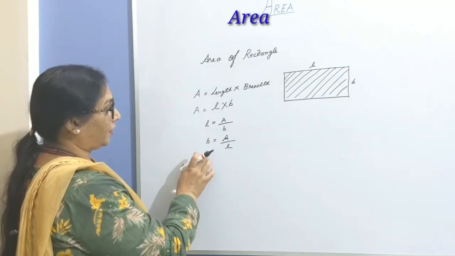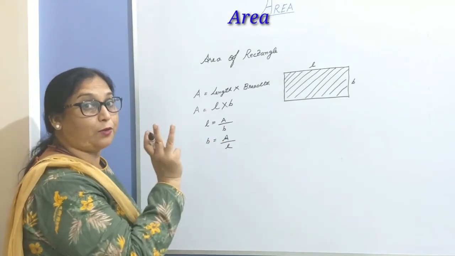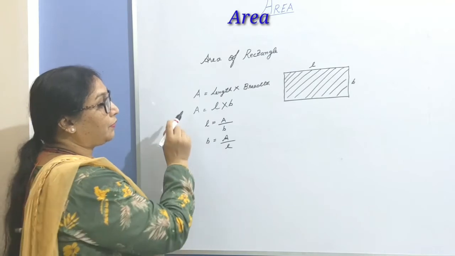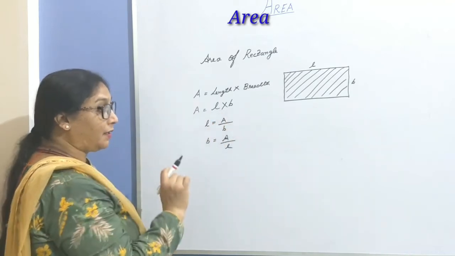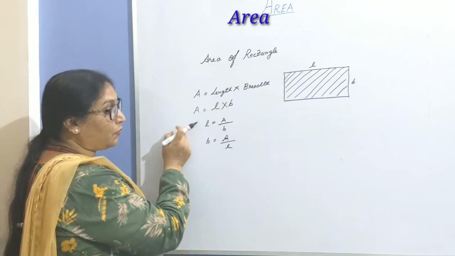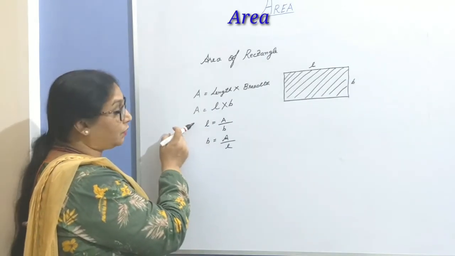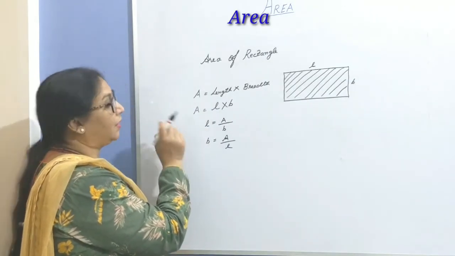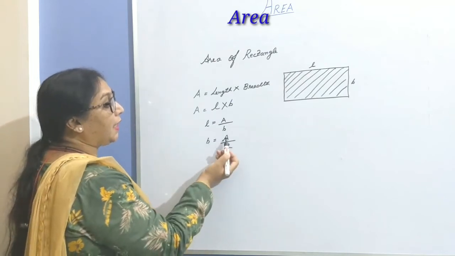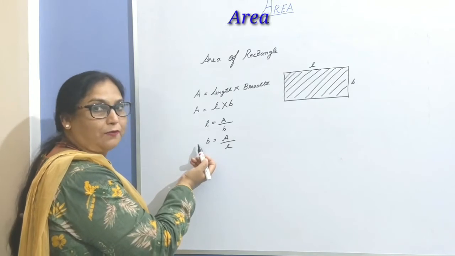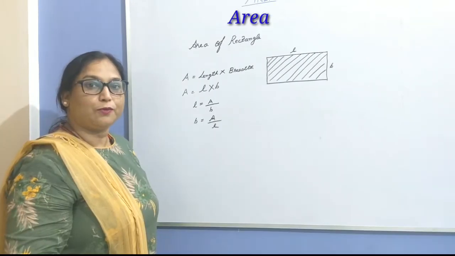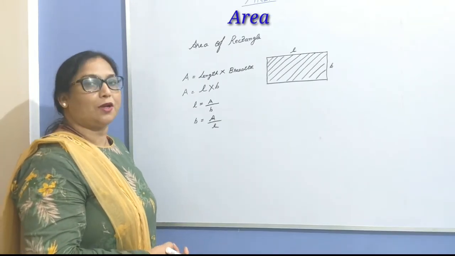Okay. From here children, you have three questions possible. First, to find area when the length and breadth is given. Second type of questions, you will be provided area and breadth and the question is to find the length of that rectangle. Third type, area and length is given and you are asked to find the missing breadth of that figure. So children, let's move to the application of these formulas which you have learned.